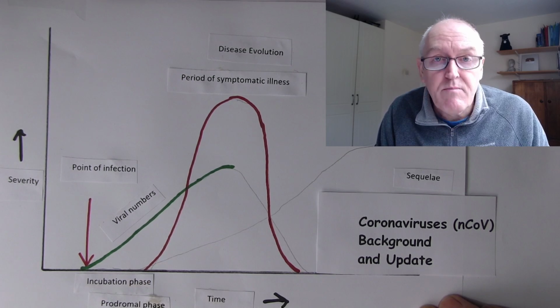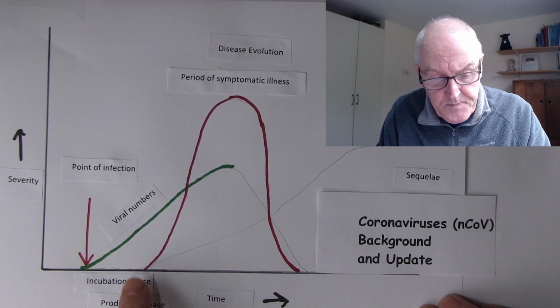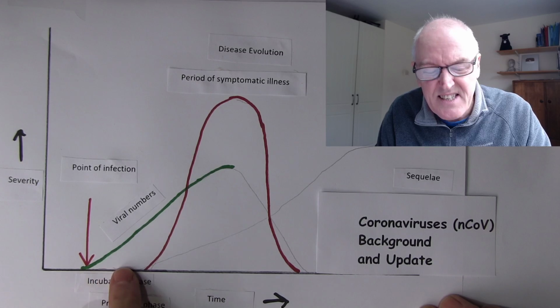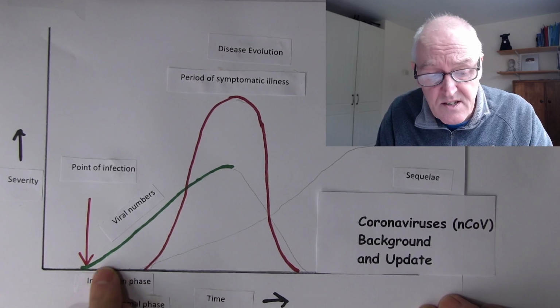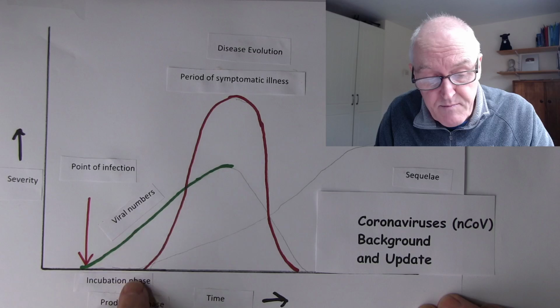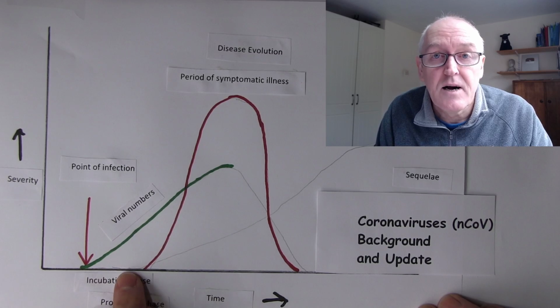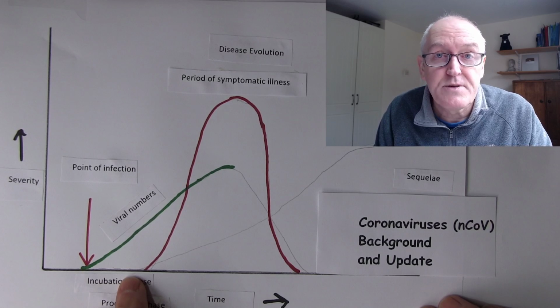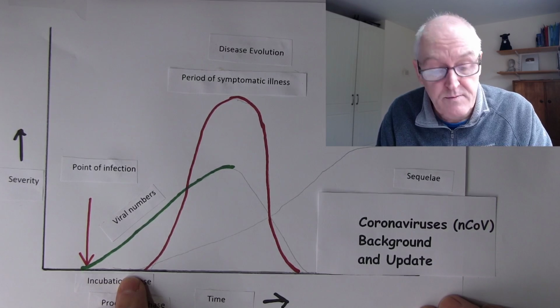Now, I hope I'm wrong, but I don't think I will be, unfortunately. And that means that this is one of the main reasons I think this disease, unfortunately, is going to spread more widely, because it looks like people are infectious when they're feeling fine. So your next door neighbour rings you up, says, I'll come around for a cup of tea, I'm feeling fine. And you say, yes, come around for a cup of tea.